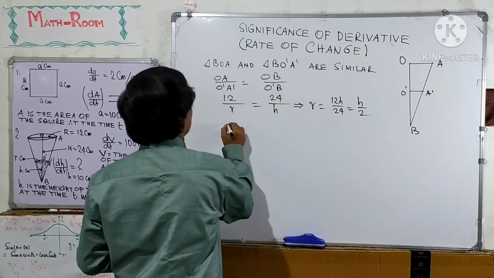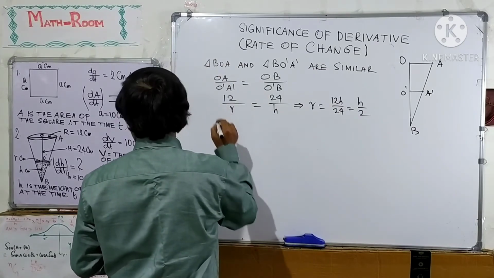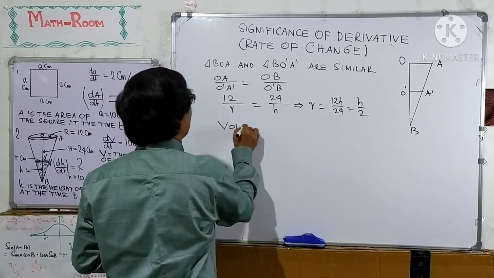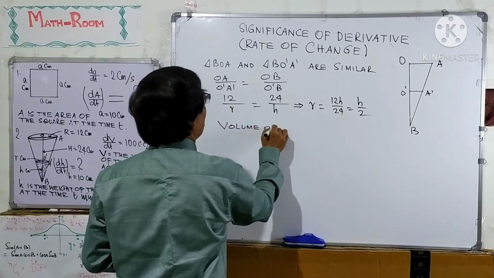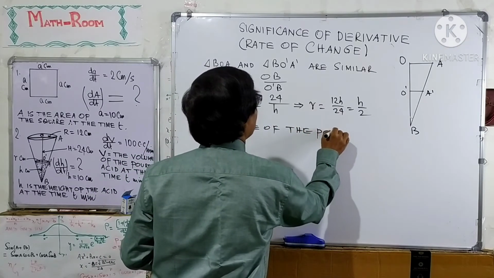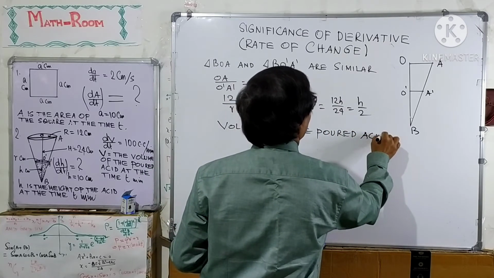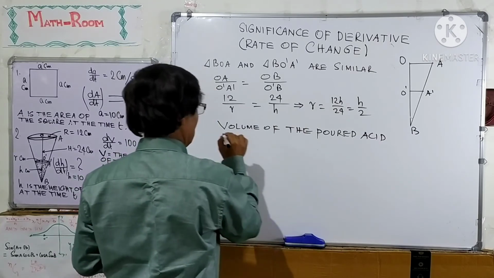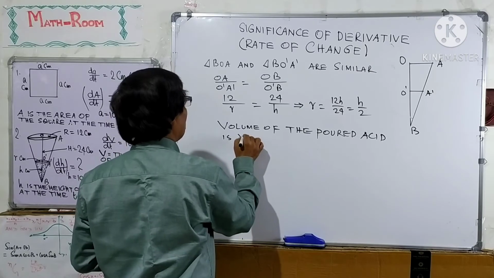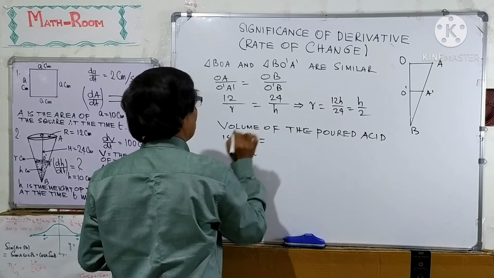We can also write the volume of the poured acid, V at time t, equal to